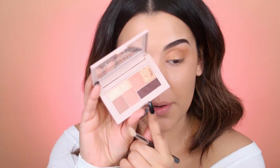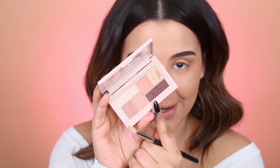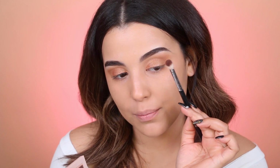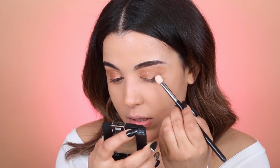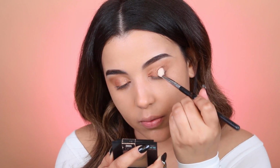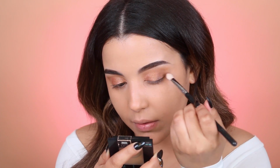deepen up the crease. So I am gonna go in with the dark chocolatey brown espresso in the palette, and I'm gonna take it on my Sigma E25. I'm gonna pick up some of that shadow. I'm a little scared because it does appear to be extremely pigmented, but if it's anything like their City Mini palettes, they appear to be pigmented, but you definitely have to build them up and work them up to your desired intensity. Just gonna pack the shadow right here on the outer portion of the lid, and as you can